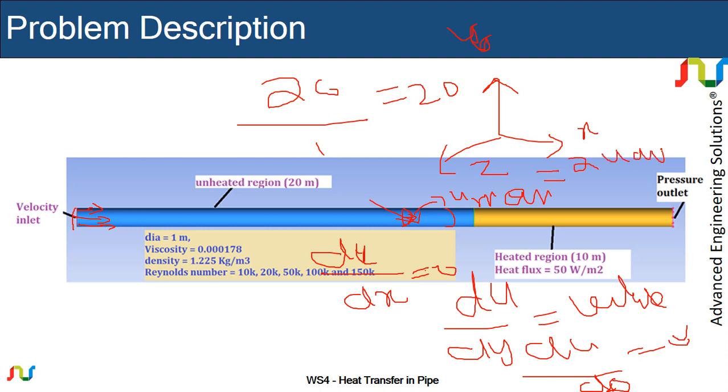The u average is the velocity we have provided at the inlet of the pipe. If we average the velocity across the section, it should also come out to be the average velocity, equal to the velocity we provided at the inlet.